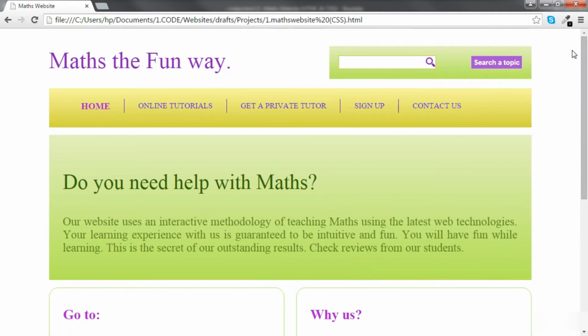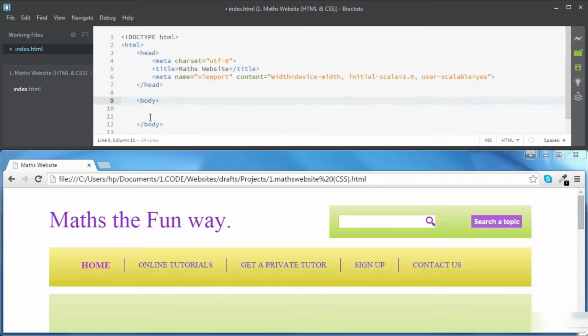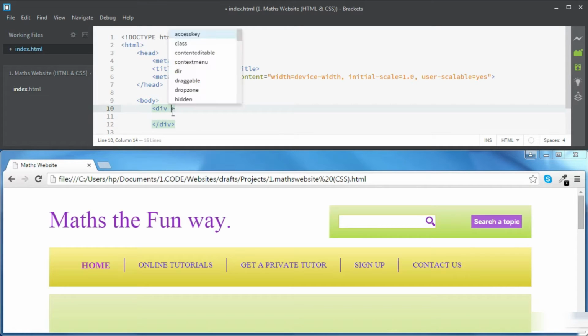So we're going to start by creating this container, and then we are going to move to the HTML components inside it. Our container is going to be a div,